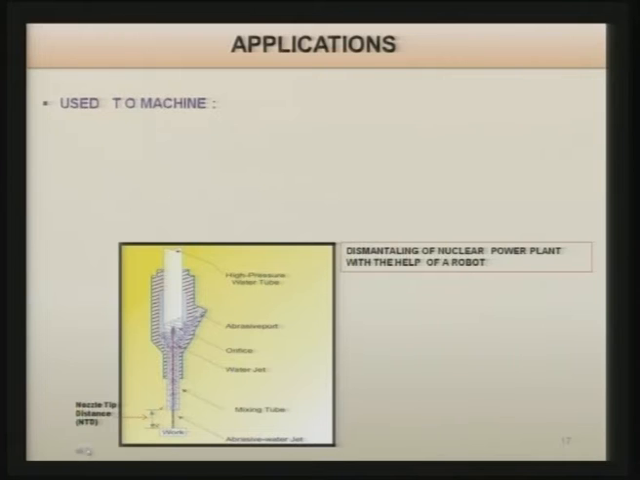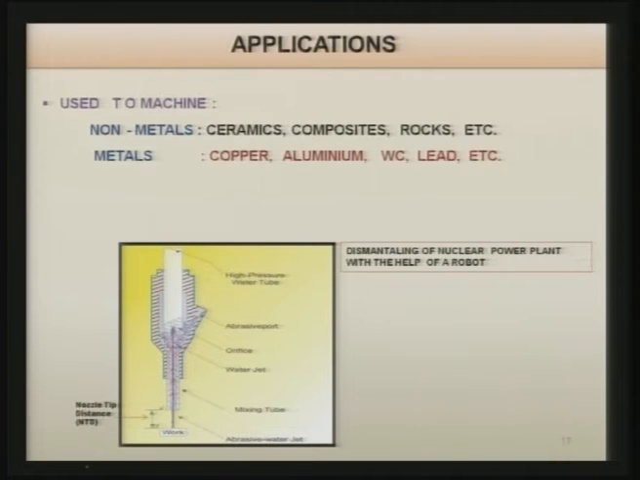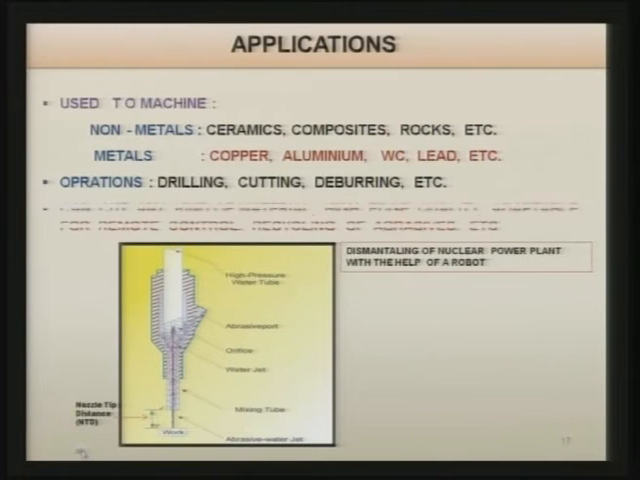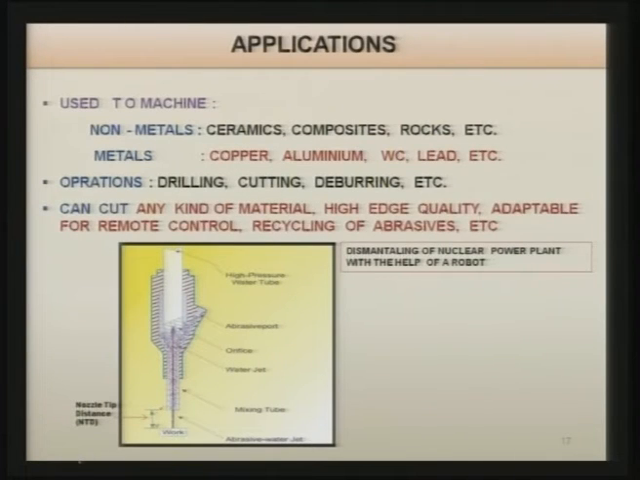Now, it is used to machine metals as well as non-metals. Non-metals materials are like ceramics, composites, rocks, etc. Metals you can machine copper, aluminum, tungsten carbide, lead, or even superalloys can be cut by this. Various kind of operations can be performed like drilling, cutting, deburring, etc. It can cut any kind of material with reasonably good edge quality, acceptable